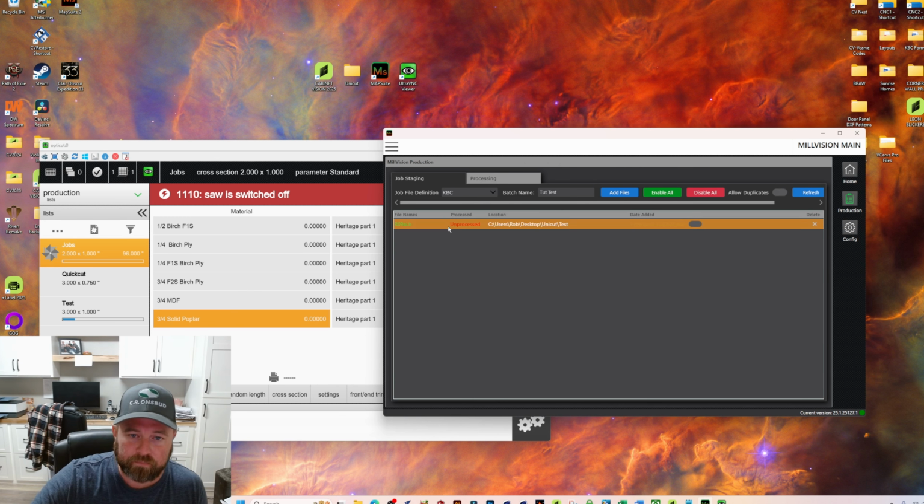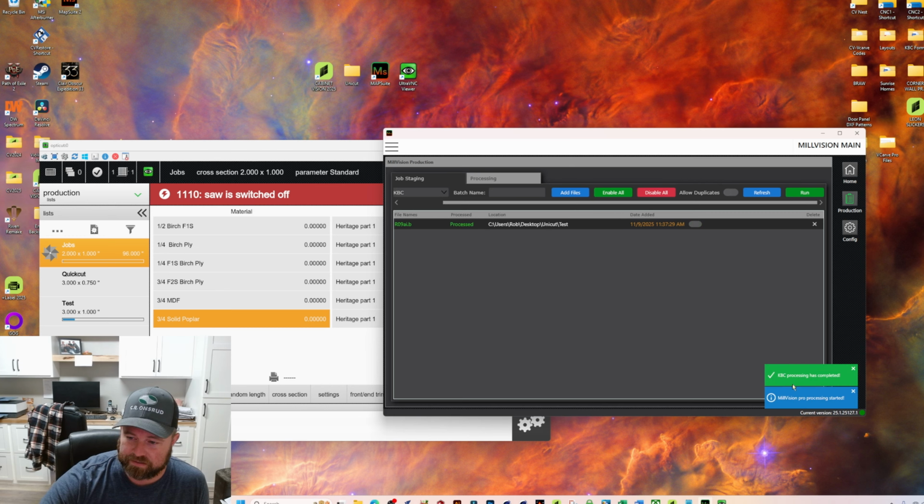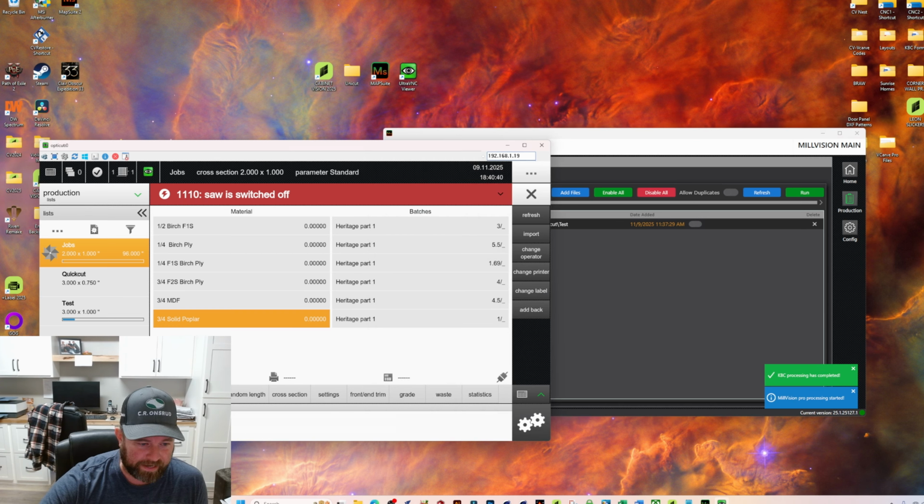It's r09ai.b. It says unprocessed. So what I'm going to do is click this little slider, and it basically activates that job. We've got tut test, and then we're going to run this. And we should see it says KBC processing has been completed. And now, if we hit refresh here,